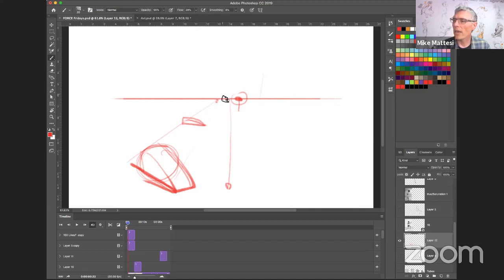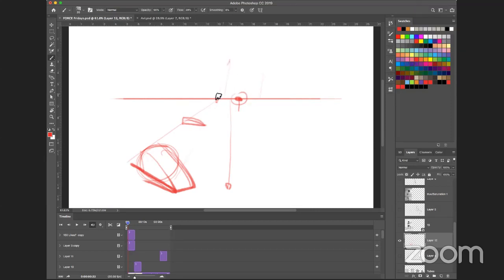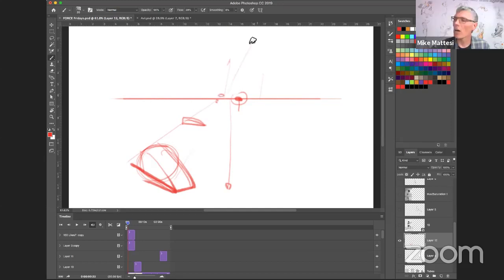So the opposite happens as we go up from that line. So keep that in mind, right? Now something would be small here, and as it goes up higher on the page, it's going to get bigger, right? So it's going to be bigger here and smaller here. For instance, clouds, right? Clouds would be smaller towards the horizontal line, and they get larger as they come up over our heads. So same thing with a model. You know, if you had a model standing, you'd have one arm or hand that gets bigger and closer, and the other one is smaller and further away, right? So just try and be aware of that.